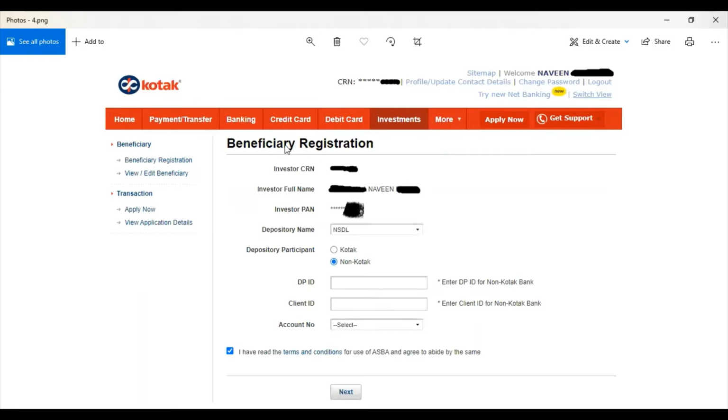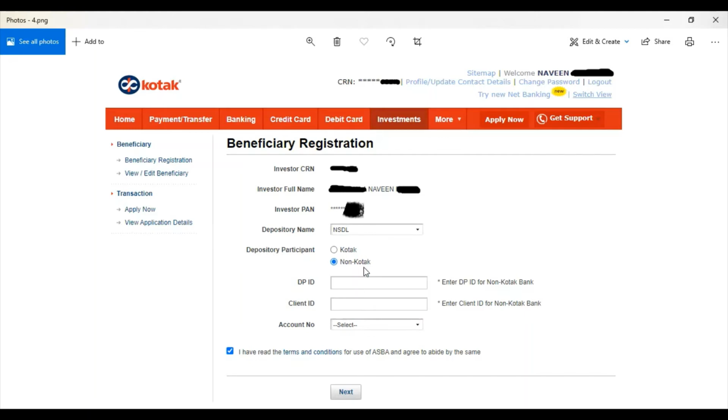Under the beneficiary registration, you have to give all these details. Some will come automatically pre-filled, like full name and investor PAN details, which will be fetched from the bank server automatically. The depository name can be CDSL or NSDL, so you have to select the particular one. For the depository participant, is it Kotak or non-Kotak?